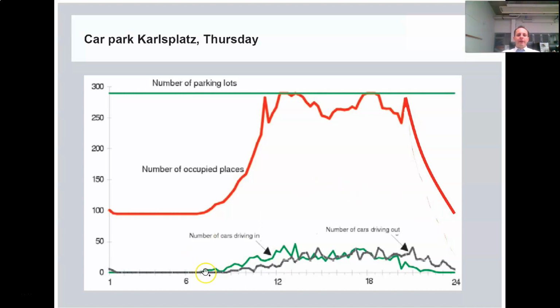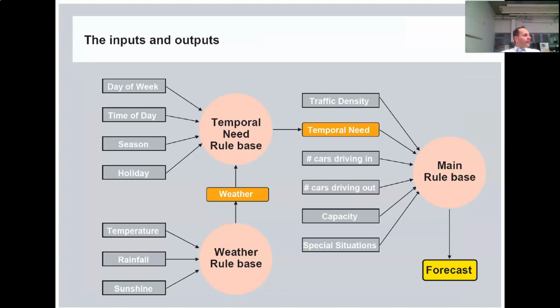And this is the number of cars driving in and the number of cars driving out. So when the number of cars driving in is bigger than the number of cars driving out, the number of occupied places is increasing, and it is the opposite when the number of cars driving out is higher than the number of cars driving in. So the car park is emptying, and you can see here the inputs and the outputs of the system,